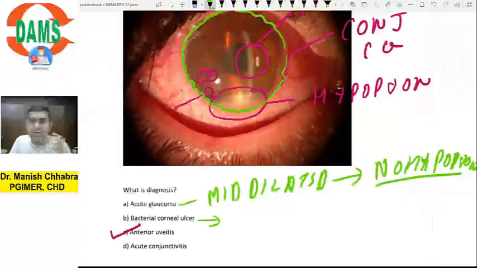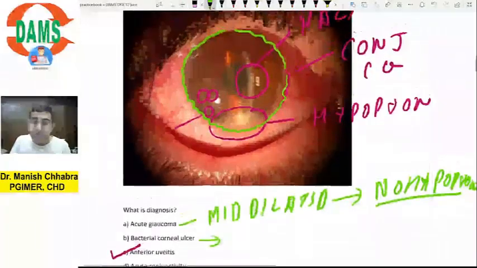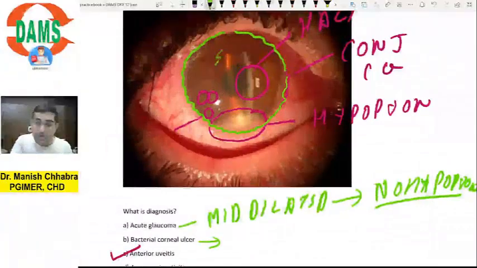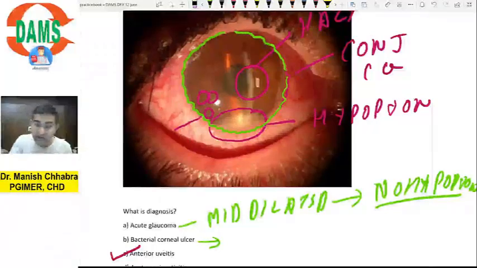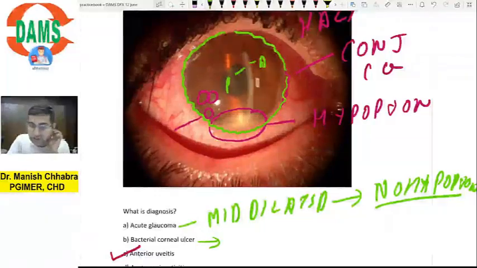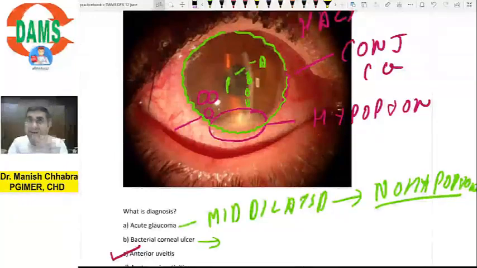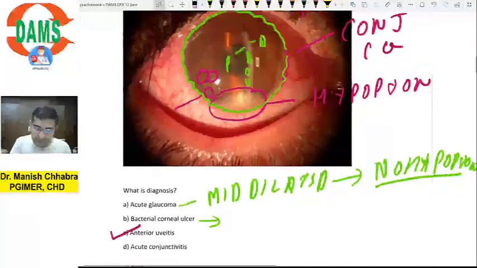Bacterial corneal ulcer, if there is bacterial corneal ulcer bachcho, so there will be hazy cornea. You can actually see the corneal ulcer, but here of course the cornea is hazy, but you cannot see anything on the surface of the cornea. You see it at the posterior of the cornea. Can you see? So this is your slit beam. This is your anterior surface of cornea, this is your posterior surface of cornea. So there are keratic precipitates at the posterior surface, and nothing is on the anterior surface. So this is also ruled out.